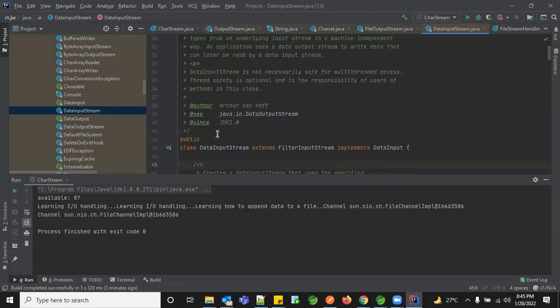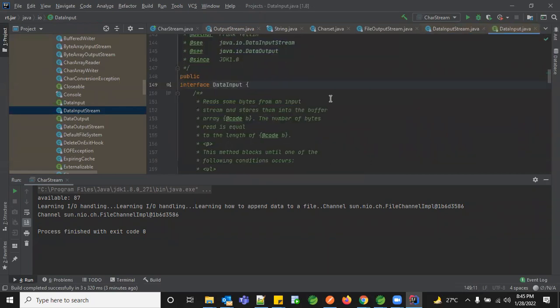If you see the structure of this data input stream, it is a little different from the previous input streams and output streams which you have noted so far. Why is it so? Because this is implemented from the data input interface. It will read the data, but it is internally dependent upon a buffer. So here your buffer comes into the picture directly, unlike in the case of file output stream, where only if I use my flush method am I insisting that I need a buffer. But in the case of data input stream, it internally maintains a buffer to read your data set and everything.